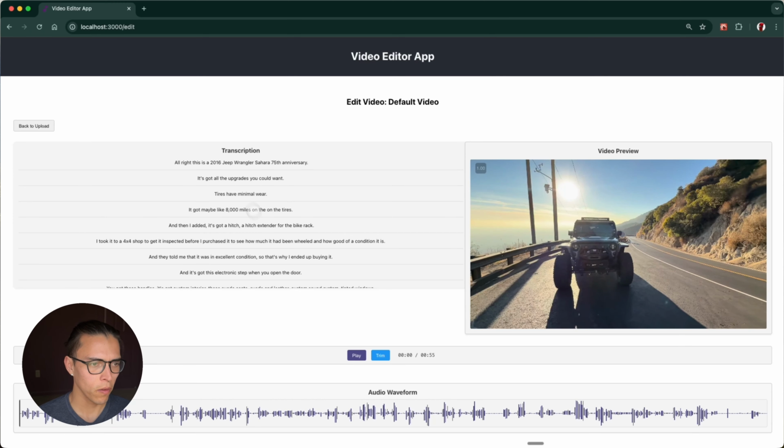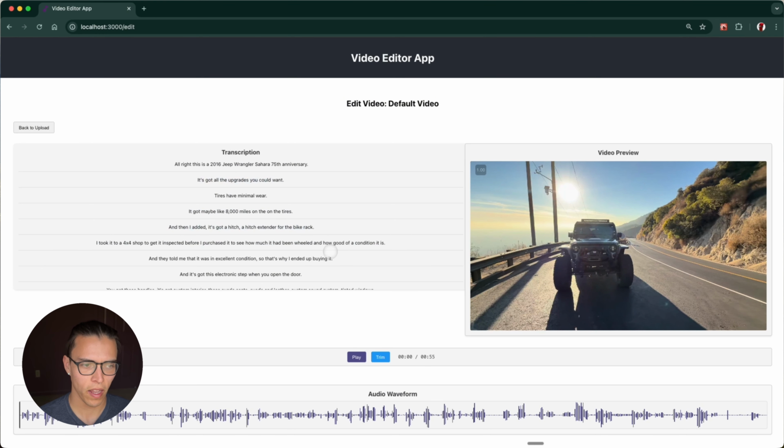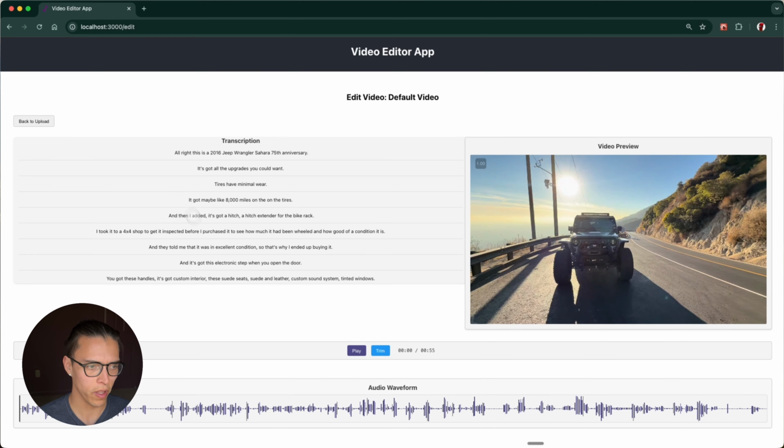In the last video, we loaded the transcription from a file so that when we refresh this app, it loads immediately instead of having to send the audio from this video to a backend and have it be transcribed by a speech-to-text model and have to wait until that transcription is available in order for us to work with this